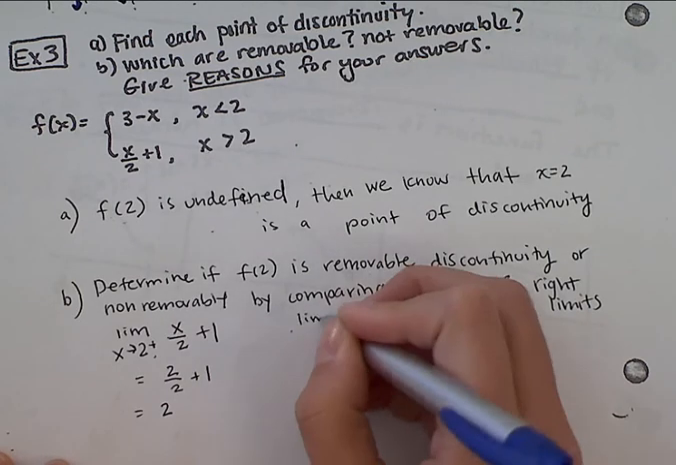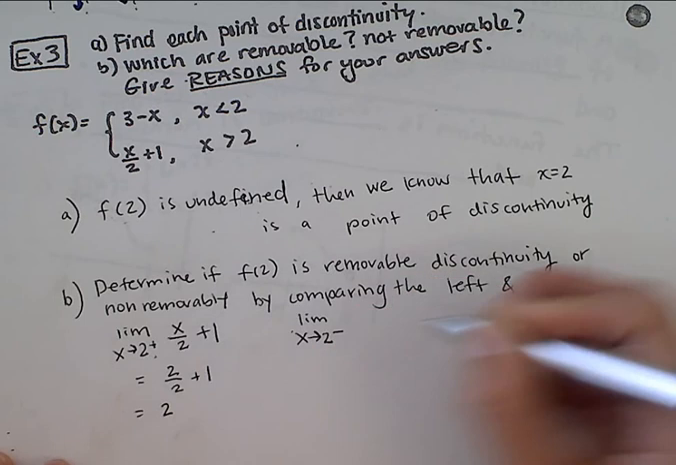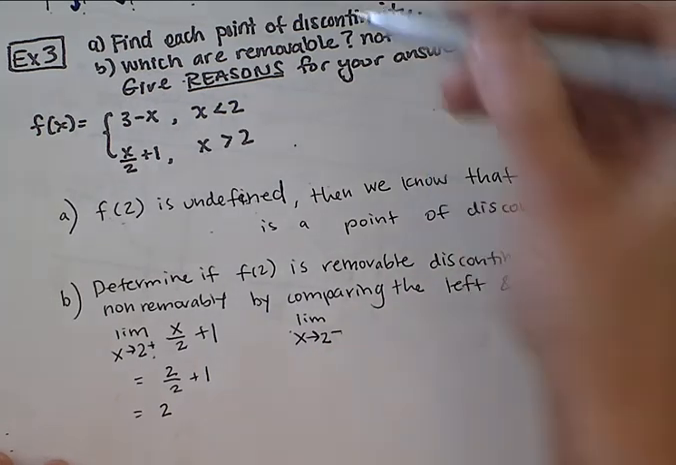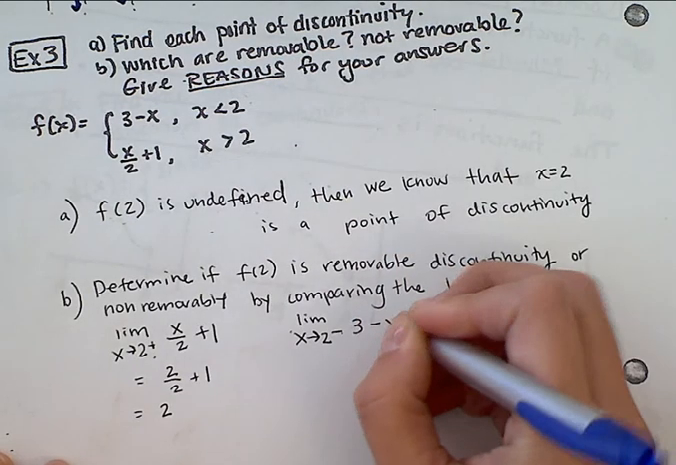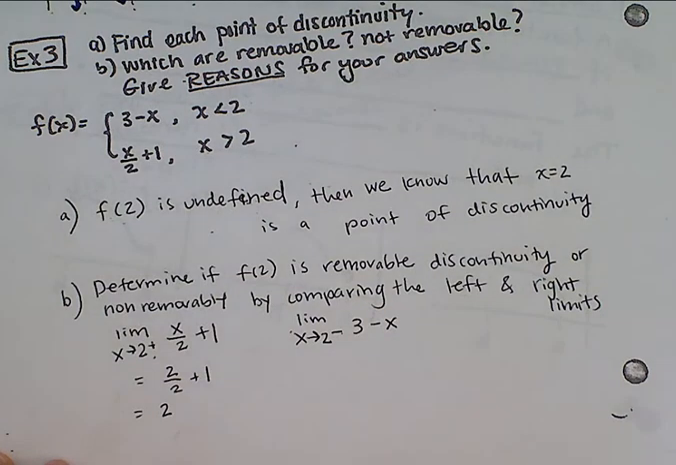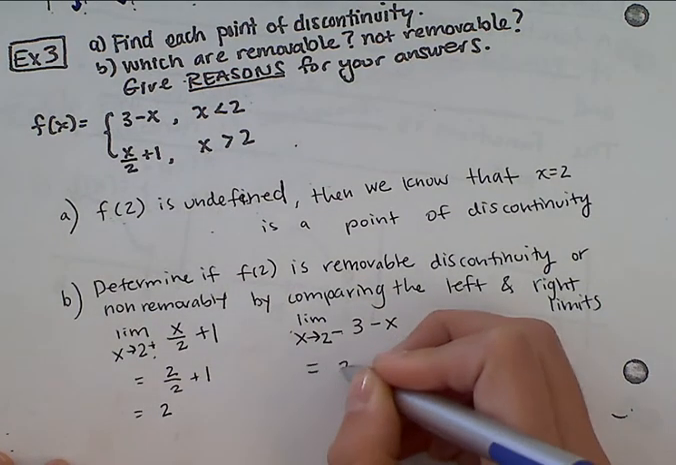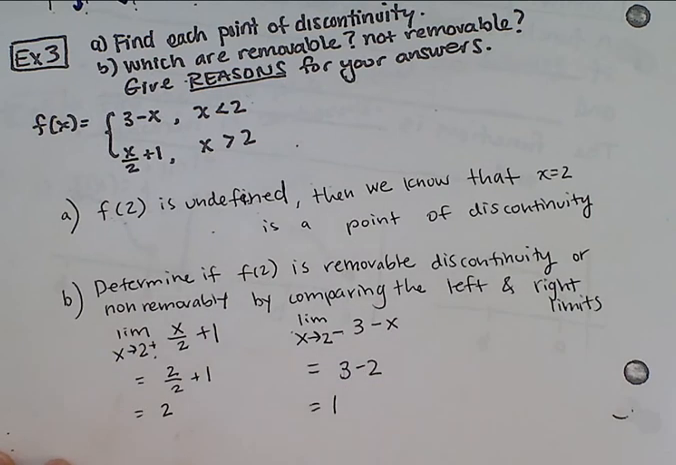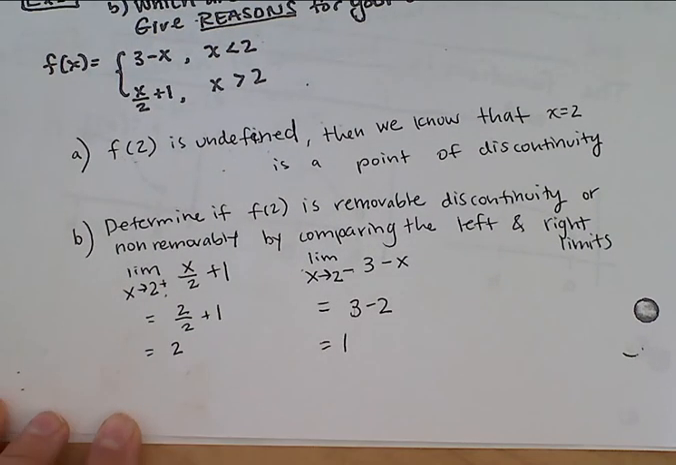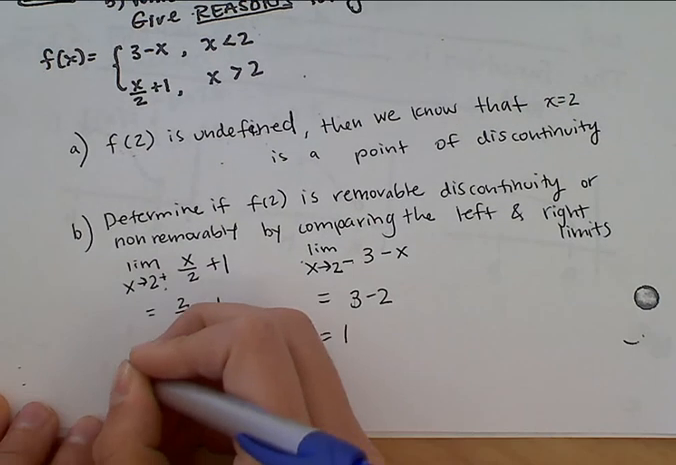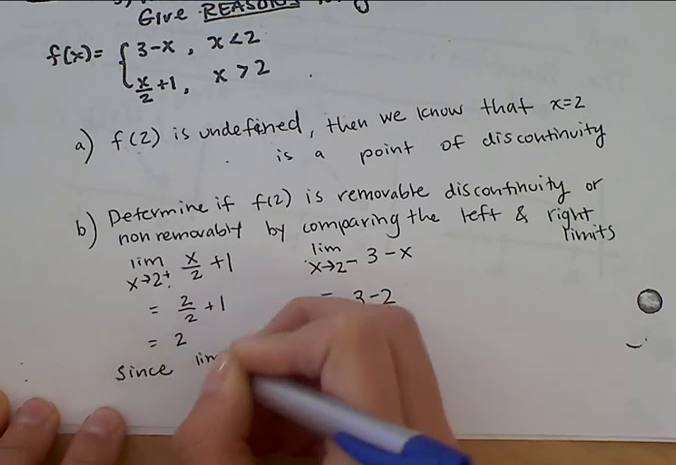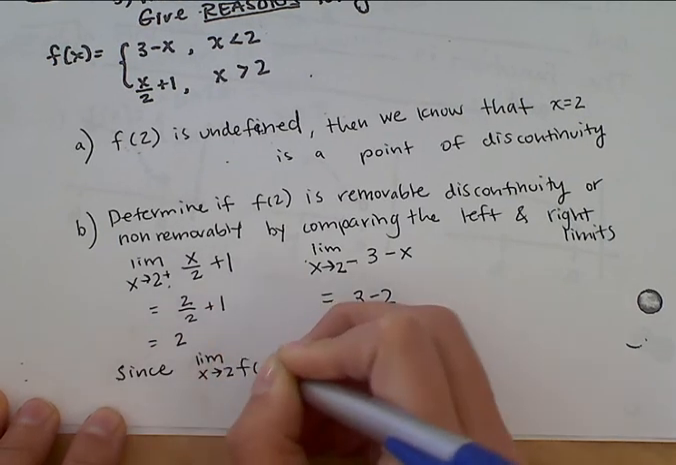Then the limit as x approaches 2 from the left. From the left means we need x values smaller than 2, so we're going to use this equation. And so this equals 3 minus 2, which is 1. Okay. So since the left and the right limits are not equal to each other, the limit does not exist. So we can say, since the limit as x approaches 2 of f of x does not exist,